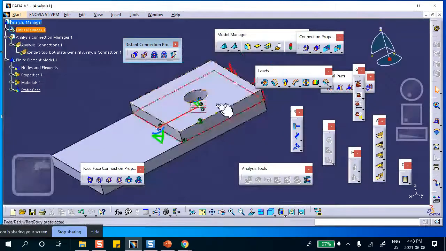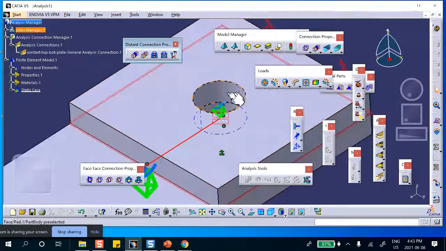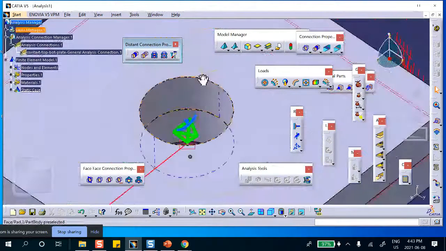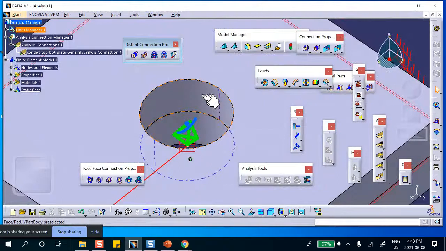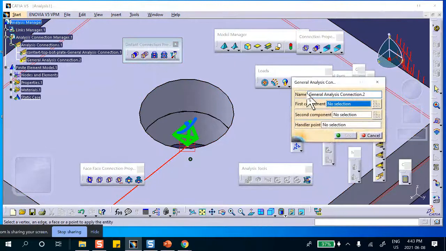Very good. Now, we want to create a connection. We want to create a virtual bolt without actually modeling the bolt. Well, what does the bolt do anyways? It creates a clamping force, which is the bolt tightening force between these two. So that being the case, I need to create a connection between that face and that face, the usual connection thing, the usual one. So I'll call it